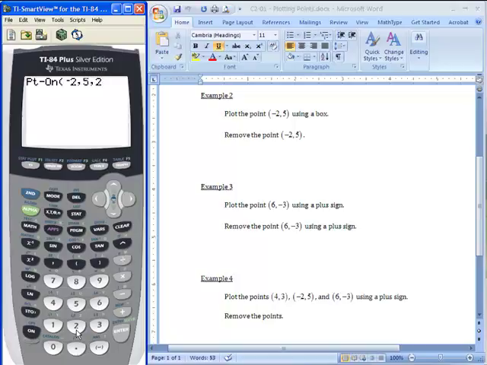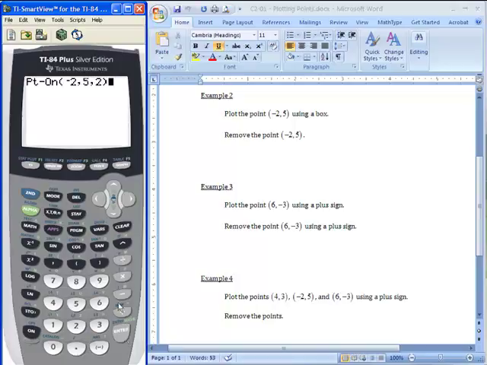It turns out the calculator has 3 different ways of putting a point. It can put it exactly as a point, as we saw in the previous example. It can do a box, or it can do a plus sign, which we'll do in the next example. The point is option 1, the box is option 2, and the plus is option 3. If you don't put an option, it just assumes you want the regular point, which is what happened in example